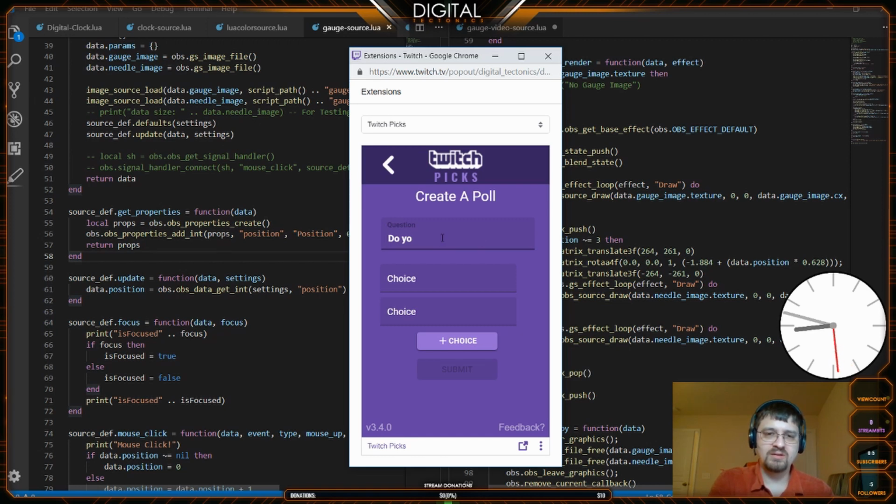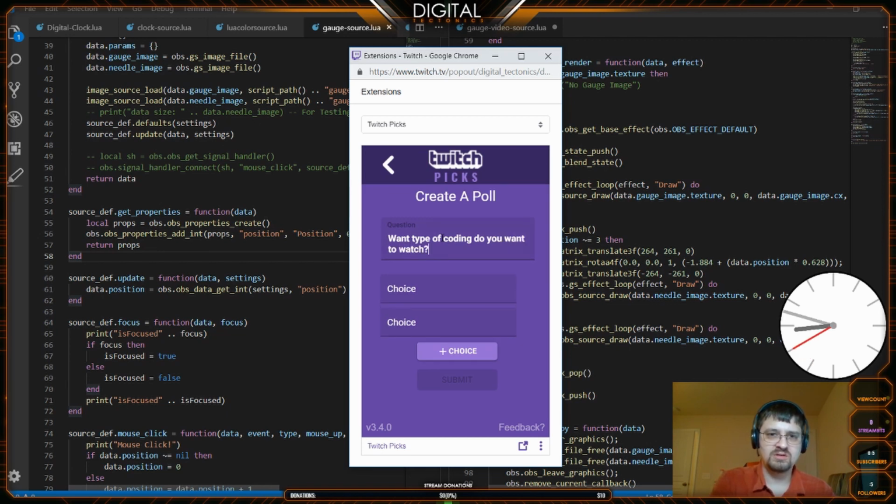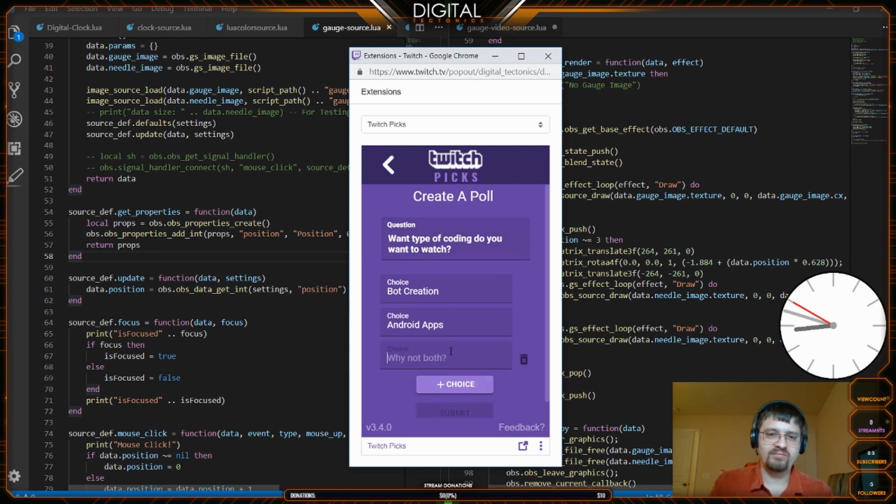Or no, what type coding want to watch? It's like bot creation, Android apps, OBS courses,